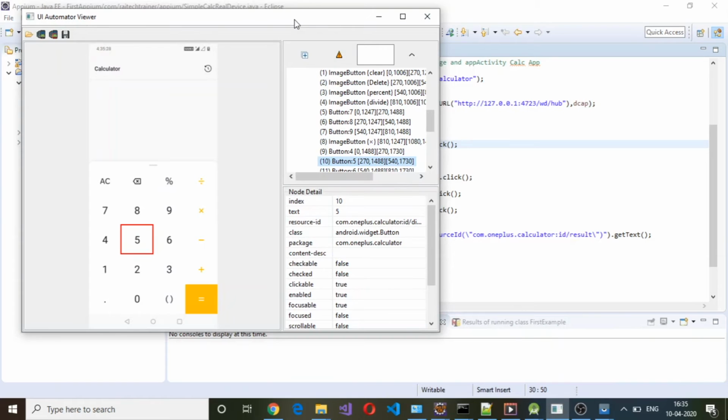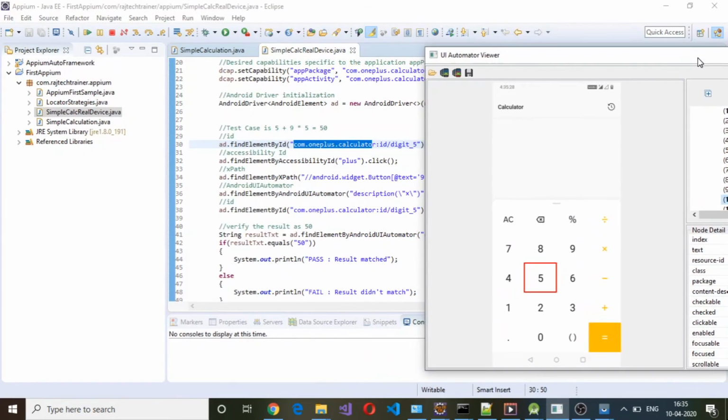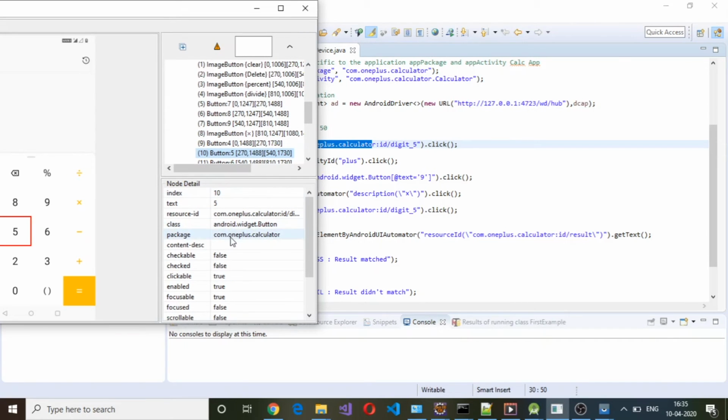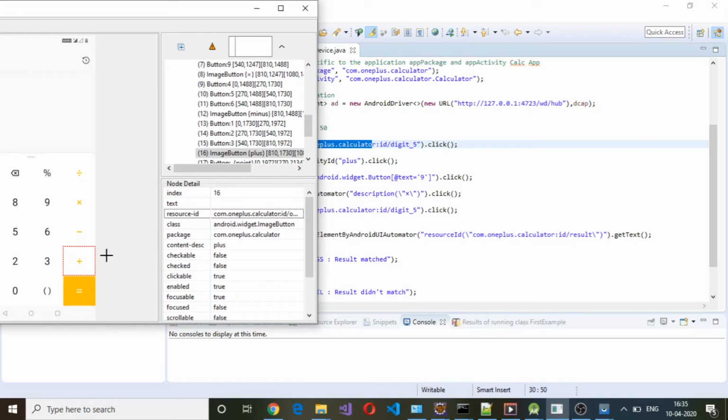If I look at this, it is com dot one plus dot calculator with id digit 5. This is the resource id which I have taken, and for plus, there is no text, so I have taken the content description here.